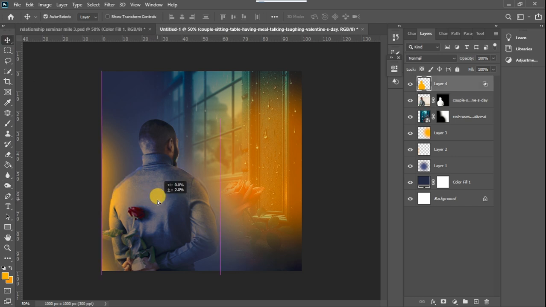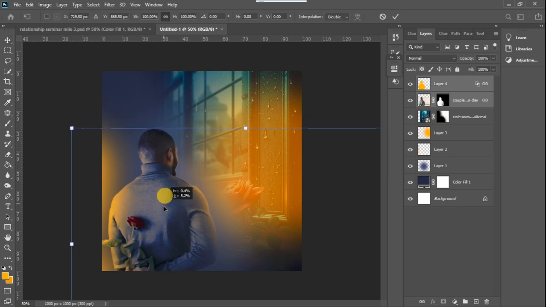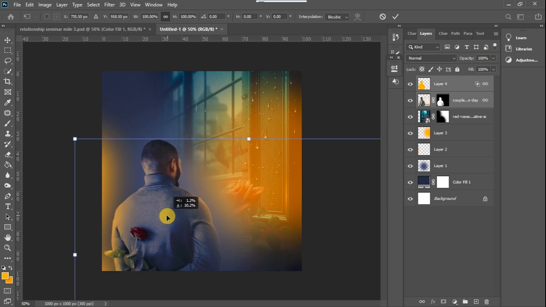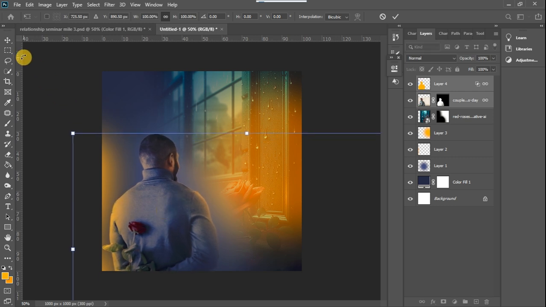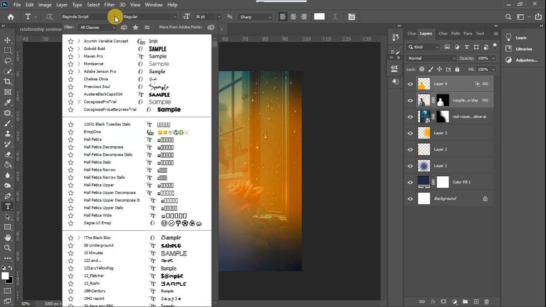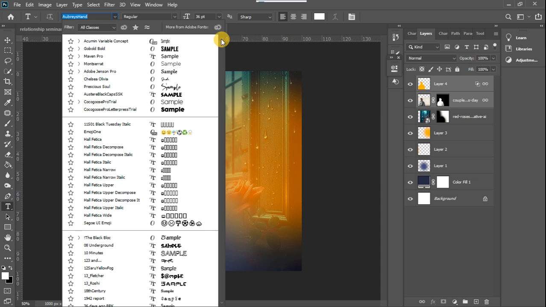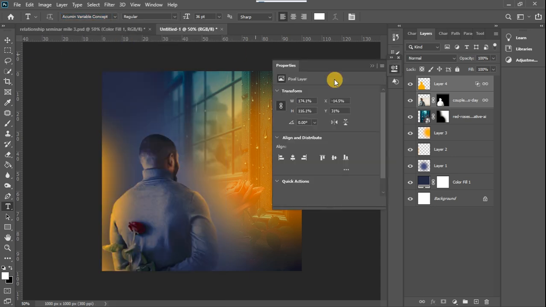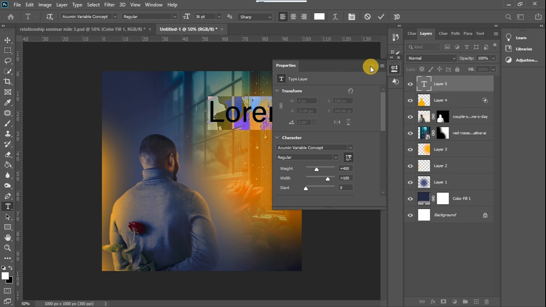so once that is done, I may want to select both layers and I'll link them together. Now Ctrl T, I bring it down a little like this to this point. Now I'm just going to add my text into the image, relationship. So change this color to white, and the text I use for this is Akumin variable. So I'm just going to go up to Akumin variable like that. Once that is selected, I'll just click here and I'll type in relationship,